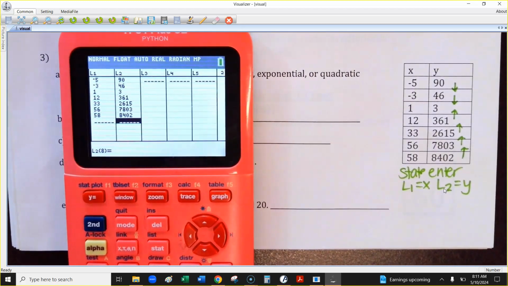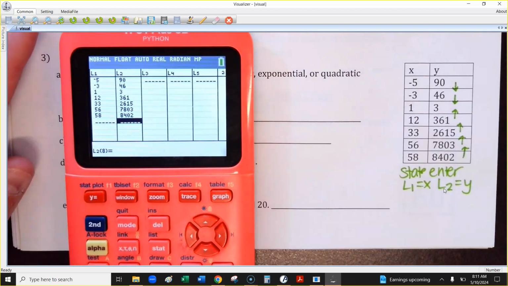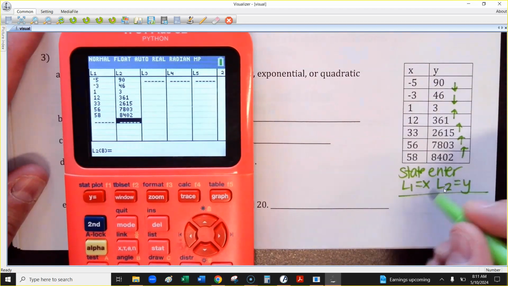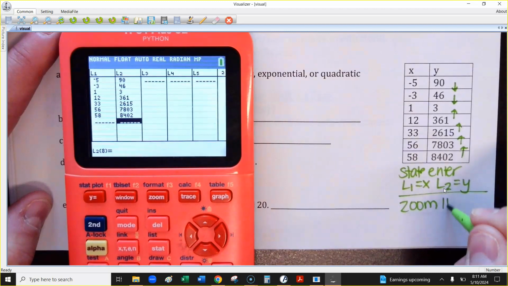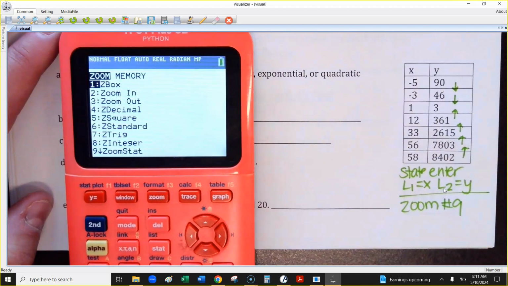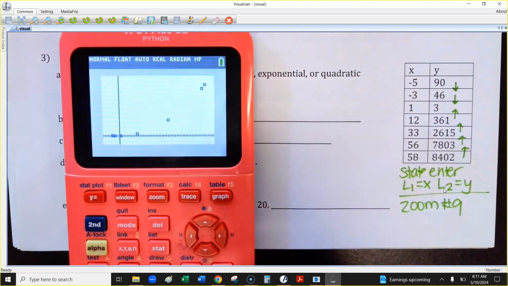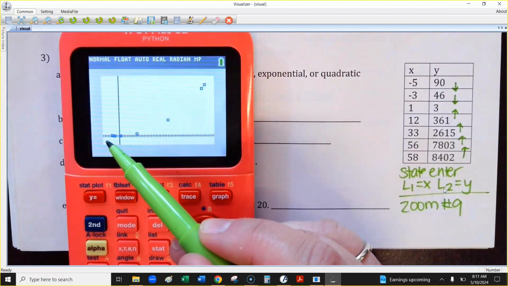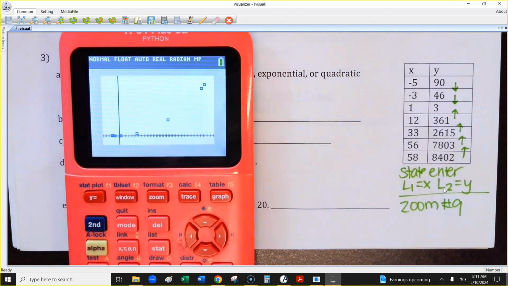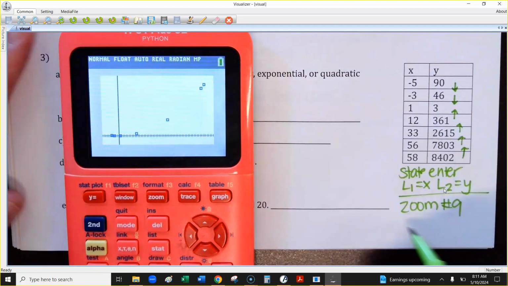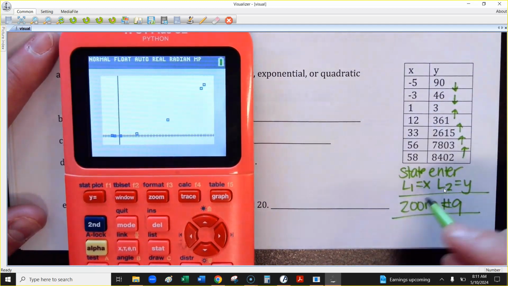All right, and then I'm just trying to get you guys used to plugging this in. So you enter your data, then you're going to hit, I already kind of told you this is going to be quadratic, but zoom number 9. And it's a little bit hard to see, but these little dots here are starting to go back up. So this is going to make a U shape. It's just really wide. Once you decide if it's quadratic, exponential, or linear, then you're going to do